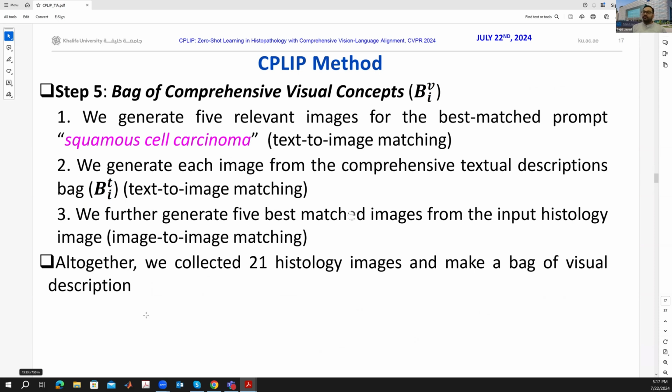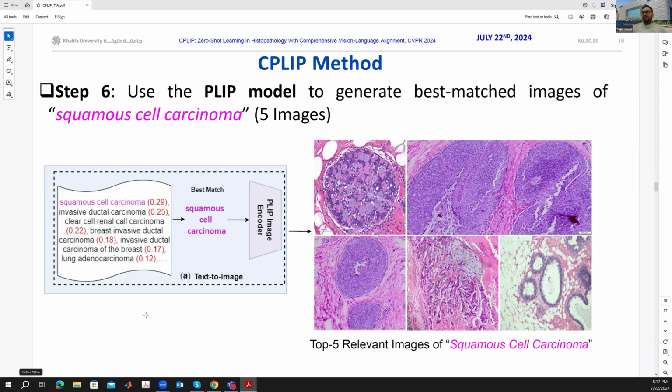enforce the bag of comprehensive visual concepts, we can generate similar pathology images for the best match from squamous cell carcinoma, which is text-to-image matching, text-to-text matching, and image-to-image matching. So here, the first step is we are asking the PLIP image encoder to give us the best match images related to squamous cell carcinoma. So we feed the squamous cell carcinoma embedding to the textual encoder of the PLIP, and then the image embeddings are matched. So the top 5 results for squamous cell carcinoma we pulled out using the PLIP image encoder